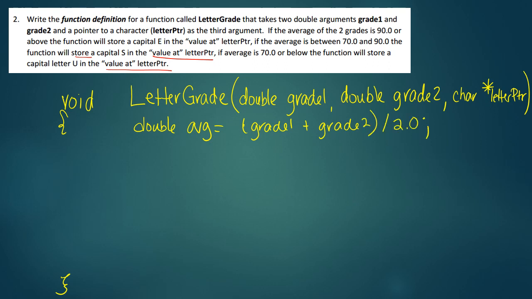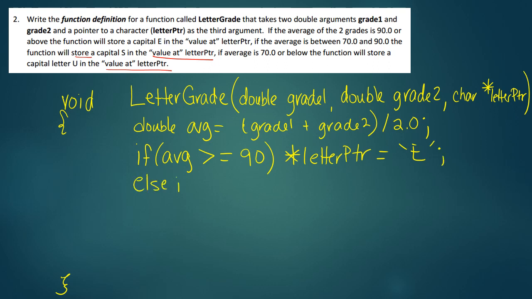So then we're going to have a value for average, and if it's 90 or above, it will store a capital E, between 70 and 90, and 70 or below. So I would start with if average is greater than or equal to 90, then I'm going to take the value at letter PTR equals capital E,